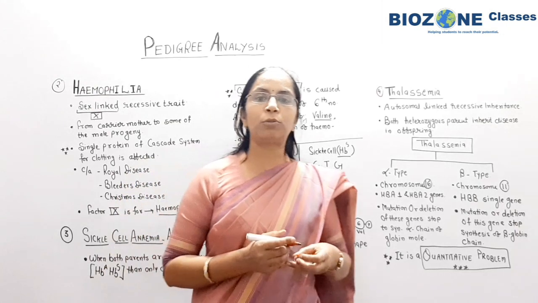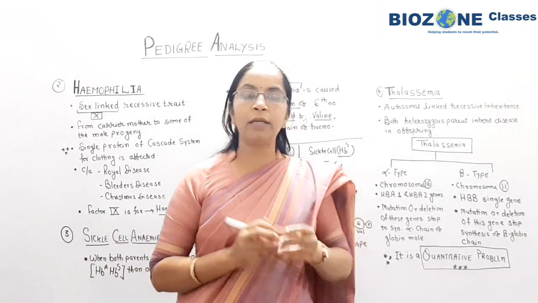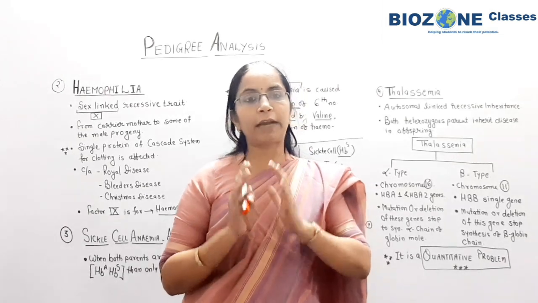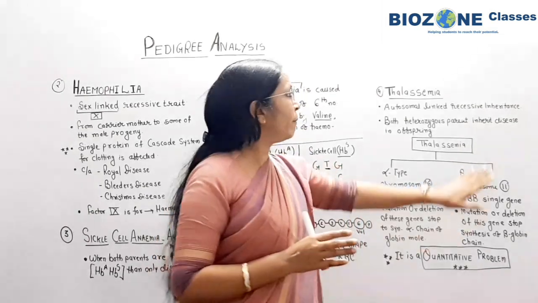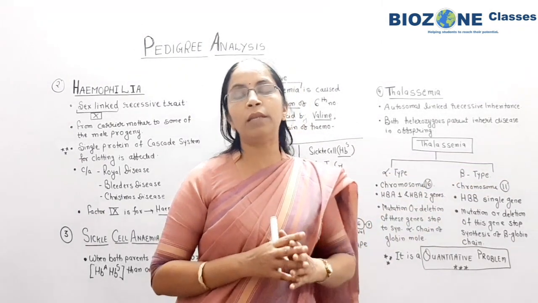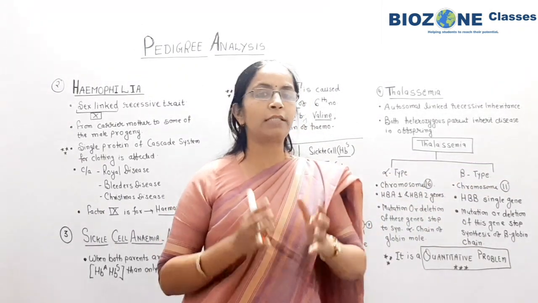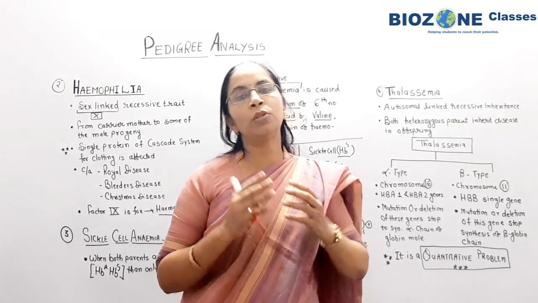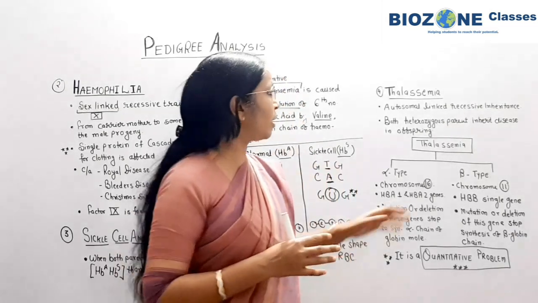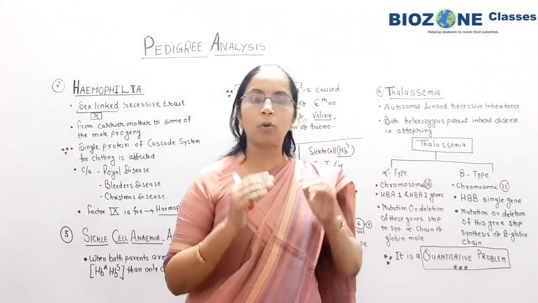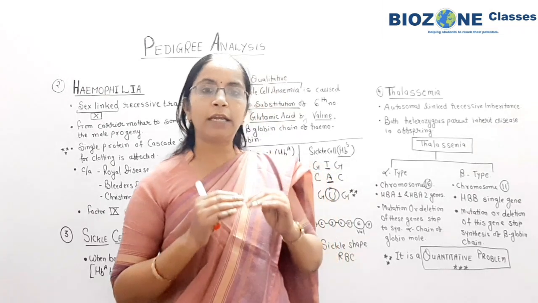In sickle cell anemia, the beta globin chains that are formed are formed in normal amount, but they are defective beta globin chains. But in thalassemia either the alpha globin or beta globin stops being synthesized. When the synthesis of beta and alpha globin chains stops, automatically remember that the amount of hemoglobin and the amount of globin gradually decreases.